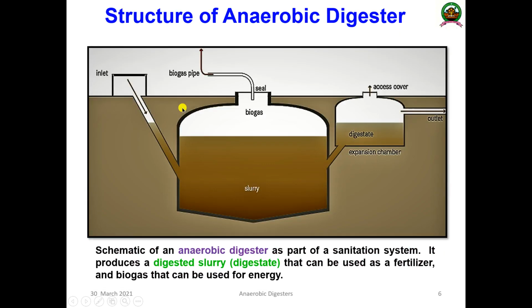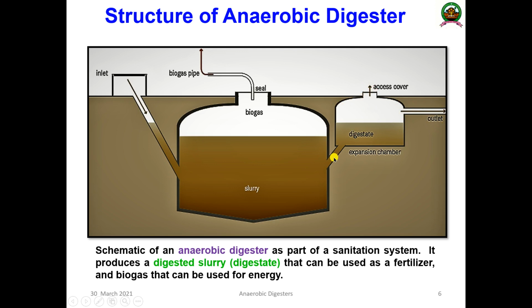Okay, so all these waste materials will be mixed by using various types of bacteria, and a slurry will be produced, and the gas, the methane along with the hydrogen, will act as the biogas, and the undigested remaining residues will act as the digestate that will be going for the outlet and fertilizers.